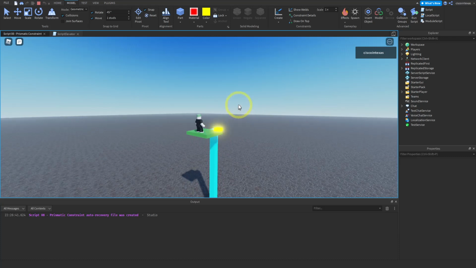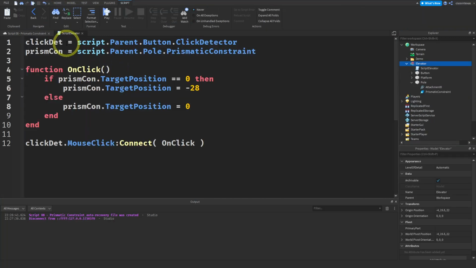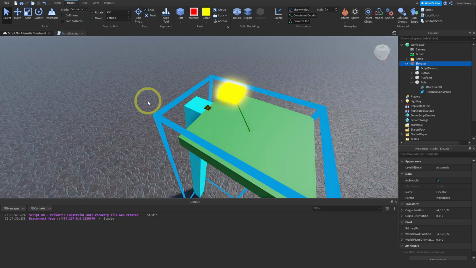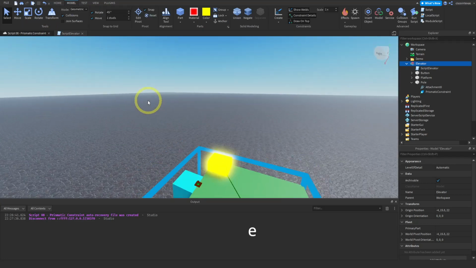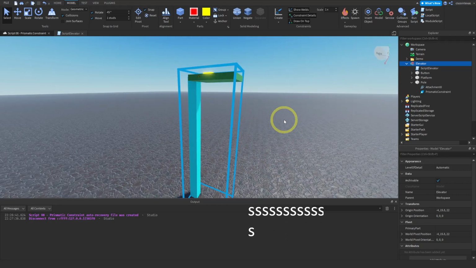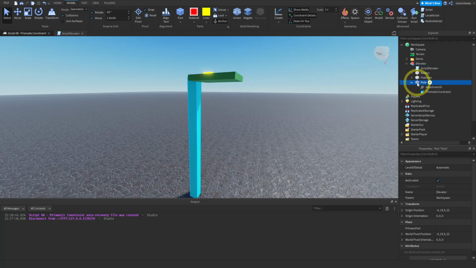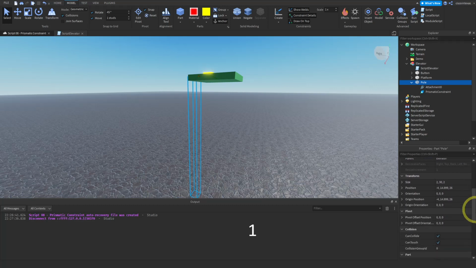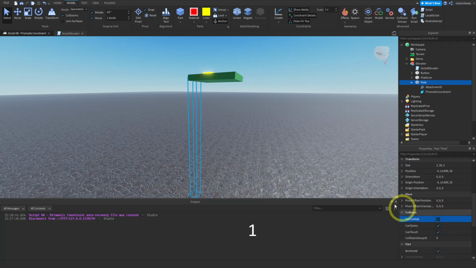Okay, awesome. So that worked. We have a working elevator platform. And one thing you could do, again, like I said, this isn't the most beautiful platform, but what you can do is just get rid of the pole, right? And the way you can do that is just by making it invisible and turning off the can collide property. So if you set transparency to 1 and then you turn off the can collide property, now